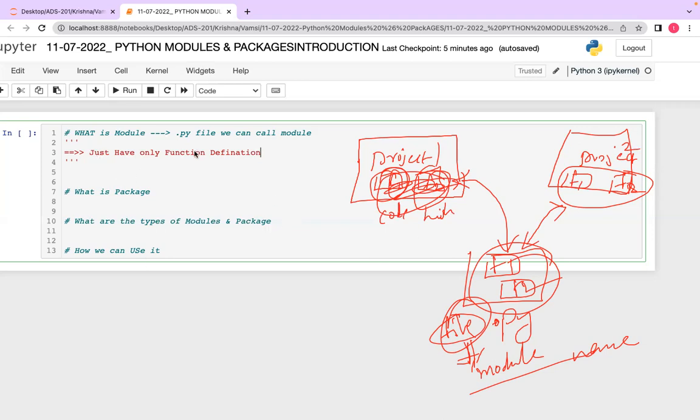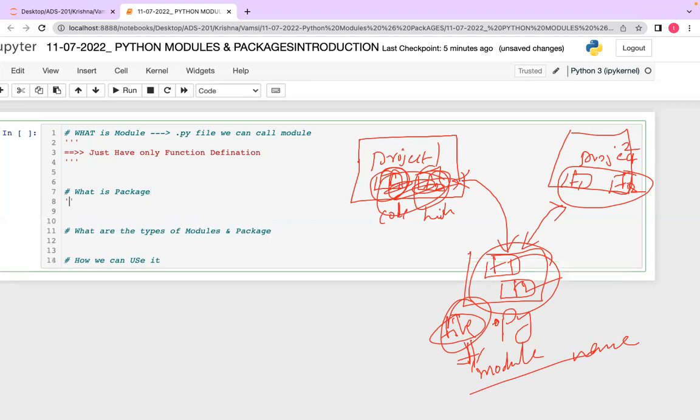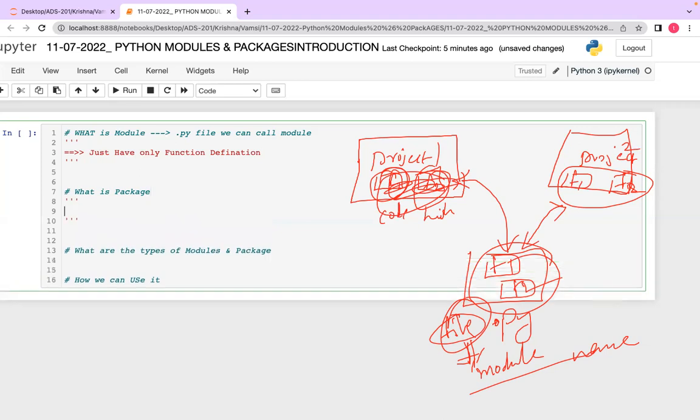So here the module is doing some functionality, right? Then why do packages come into the picture again? A package is nothing but a collection of modules, nothing else. You already know what a module is. A module means it's a Python file. A package means it's a collection of modules. That's it. But the way of using a module and the way of using a package are both the same. There is no difference at all. Okay.